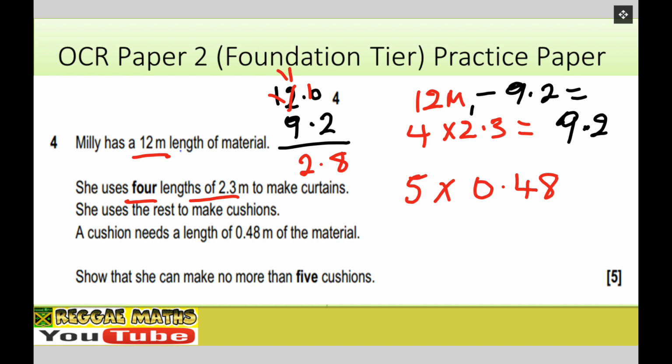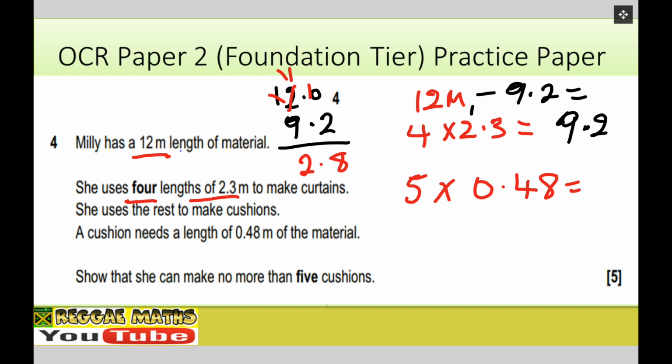2.8. Now, what we need to do is to show that she can make no more than 5. So what I'm going to do here is to multiply 5, because they give us that, 5 times 0.48. So I'm going to simply carry out this multiplication. So again, show your procedure. Ignore the decimal point for now. 5 times